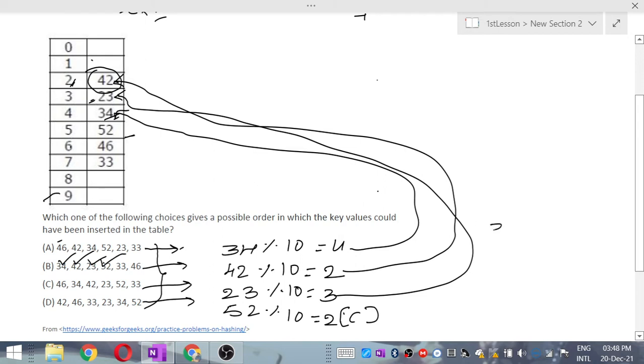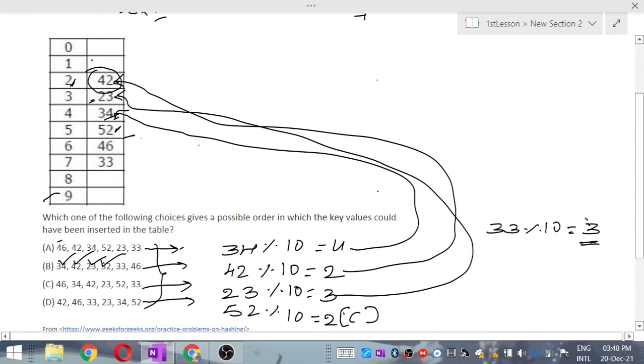Now 33 mod 10. It is the third location. Initially, when we scan 33, only these many elements will be filled, up to here. When we scan 33 mod 10, it will be 3.